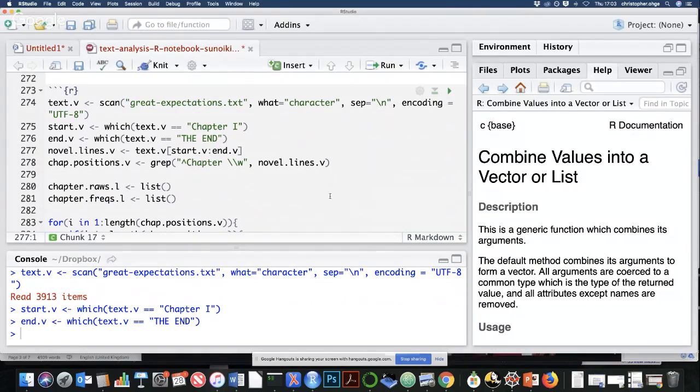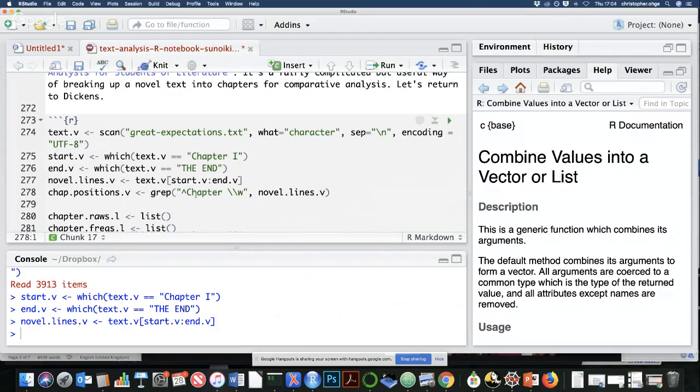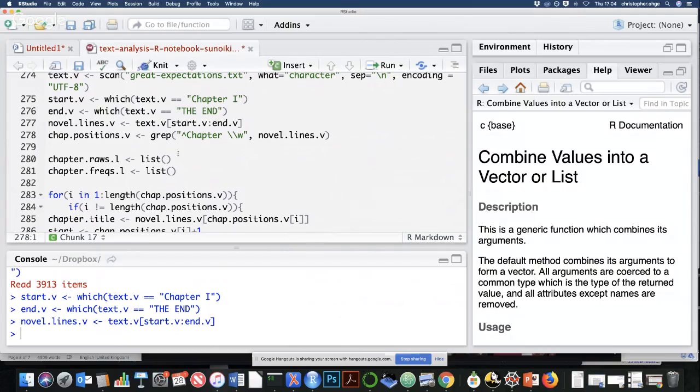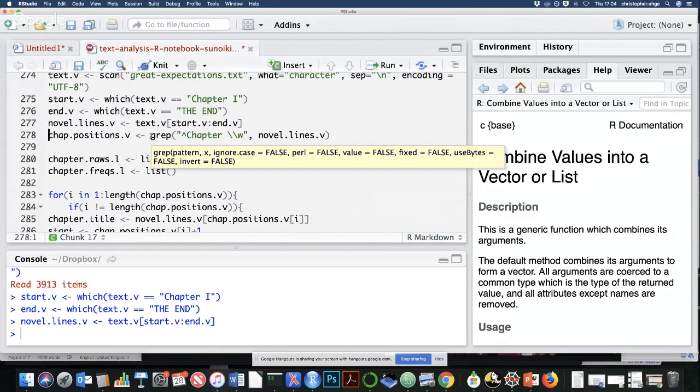novel, which is important if you're working with a text file that has a bunch of metadata, or if you're working with Project Gutenberg files, for example, that have a bunch of stuff in between the text that you don't really need. And we've created a new object called novel.lines.v, which goes through the text vector and combines the start and the end. And next what happens is a regular expression, except here we've got a more explicit version of